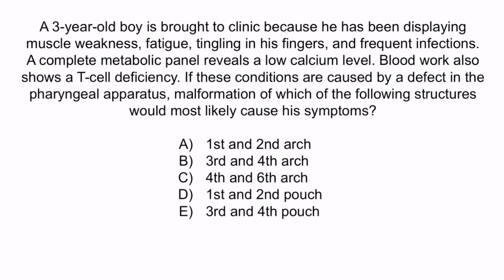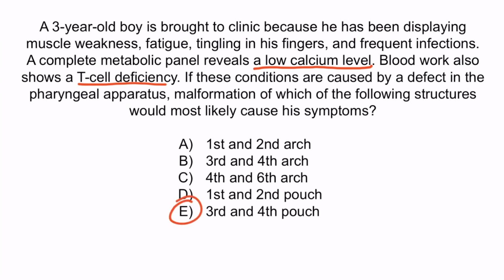Okay, hopefully from the question stem you notice that the two main issues are hypocalcemia and a T-cell deficiency. Remember that the pharyngeal pouches give rise to the parathyroid glands and the thymus. A problem with this would definitely lead to the symptoms seen in this boy, because the parathyroid gland helps regulate calcium levels, and the thymus aids in T-cell development. Specifically, the thymus and parathyroid glands are derived from the third and fourth pouch, so in this case, the correct